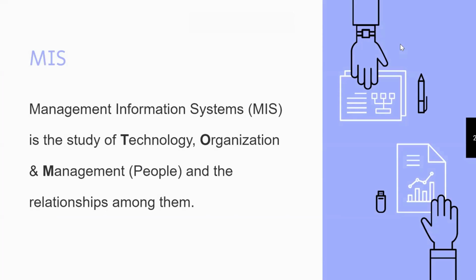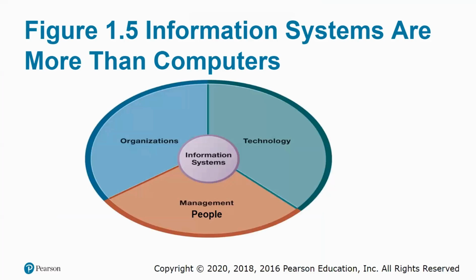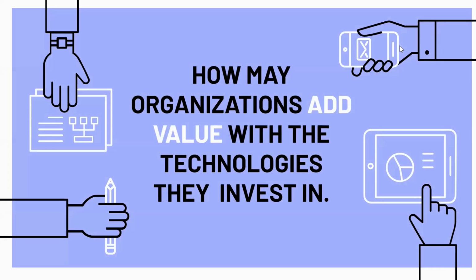So some of the key terms, you guys already know what MIS is. It's the relationships between organizations, technology, people, or management, right? And this is one of the most important things you're going to learn. And we break the course content into these 3 domains. You'll be looking at technology last. Primarily, we start looking at the organization and people for most of the course. And then we see how the 3 of them in their relationship can add value.